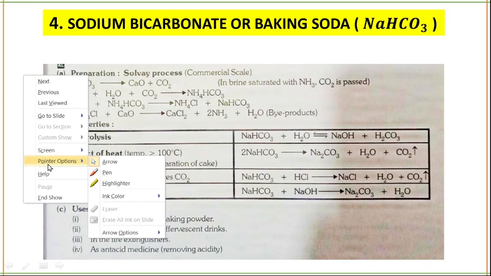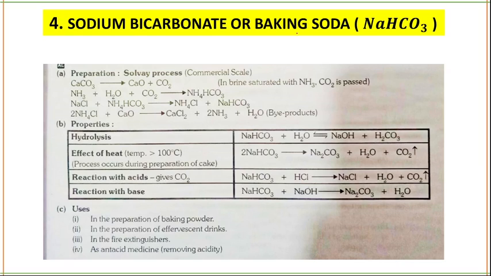This point is very important: the preparation of sodium bicarbonate takes place with the help of what process? The correct process is the Solvay process. If we talk about the properties of sodium bicarbonate or baking soda, first, hydrolysis: when NaHCO3 reacts with